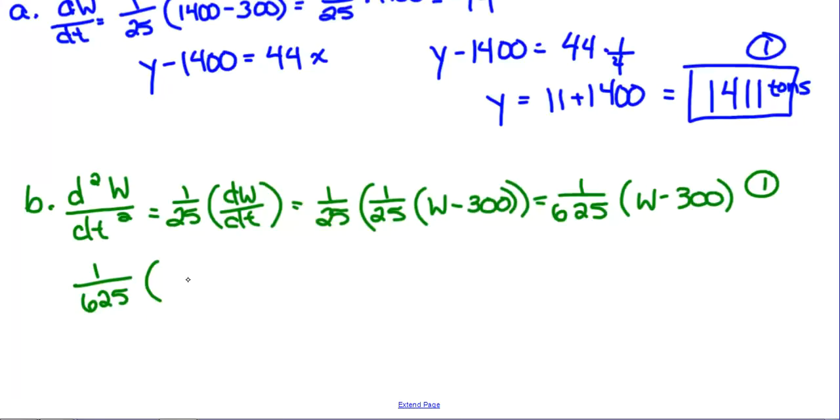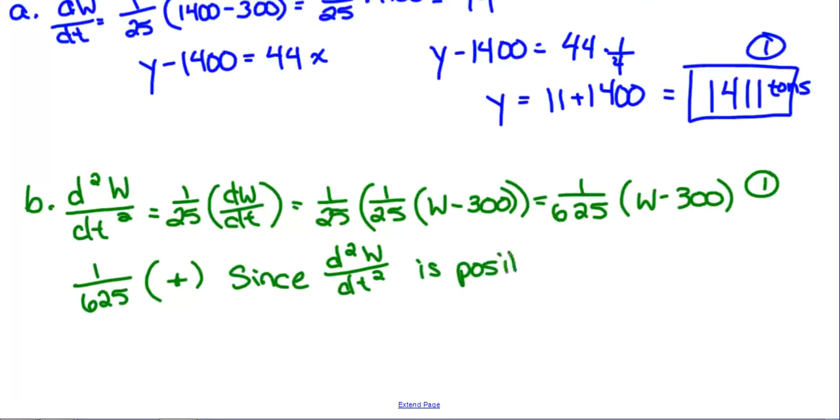So let's see here. 1,411 was our estimate. So this second part is going to be positive. So we've got positive times positive. Since you really didn't have to show that, but you can just state it. Since d squared w over dt squared is positive at t equals 1/4, the answer to part A